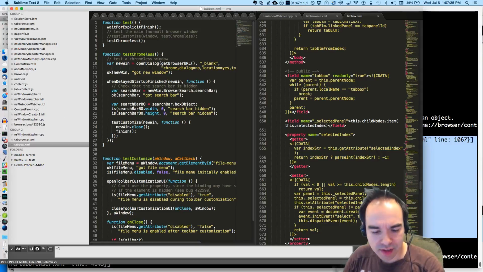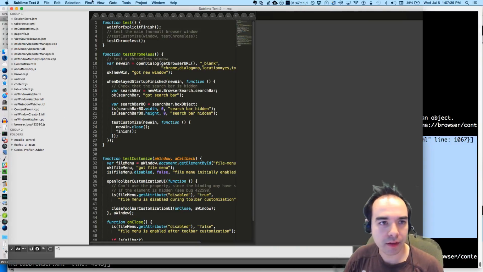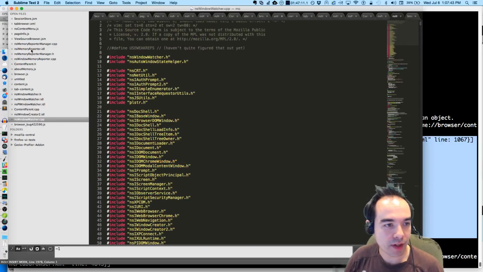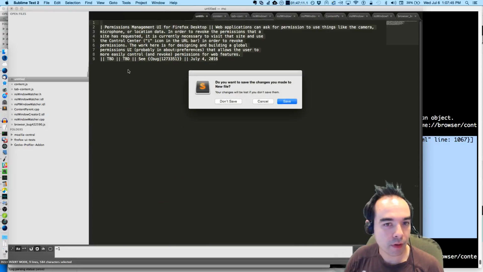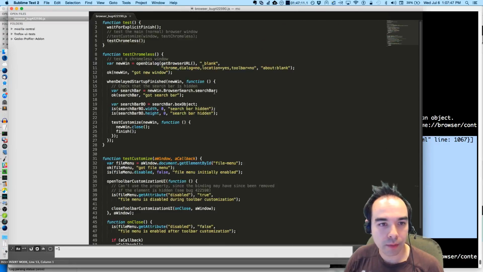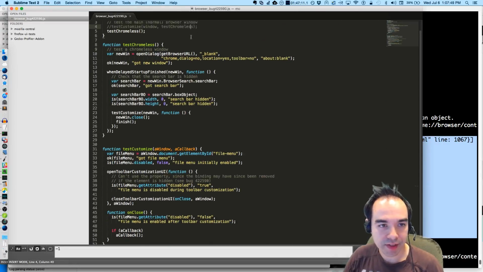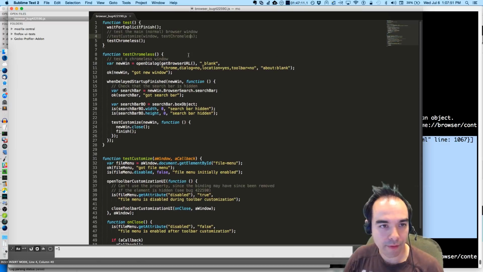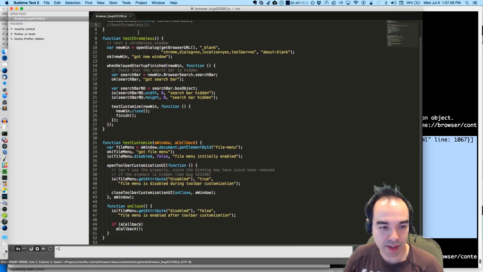But first, let us see what this test is doing. Let me simplify my layout a little, close some other things that I don't need. Okay, here's the test. I've modified this test for simplification's sake, but this is basically how the test functions.